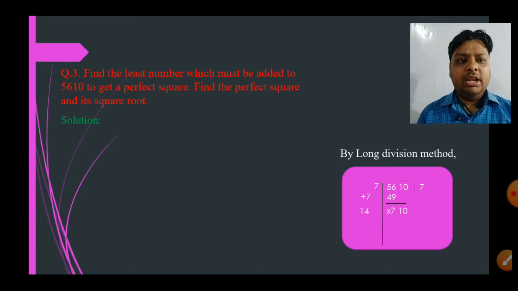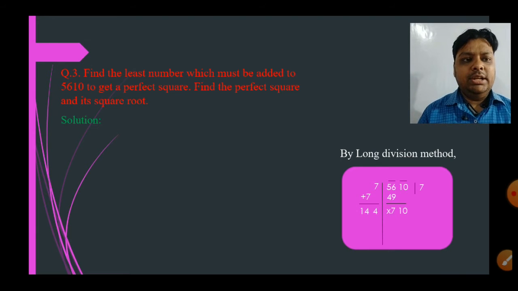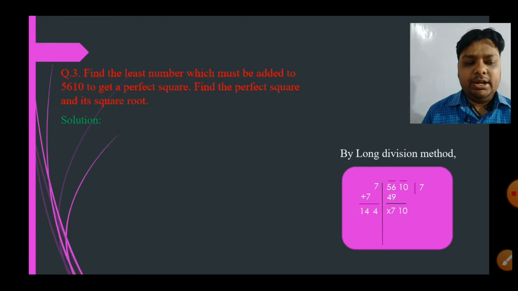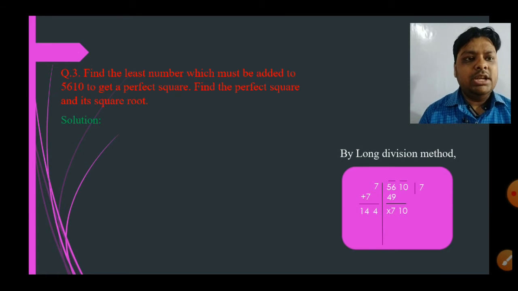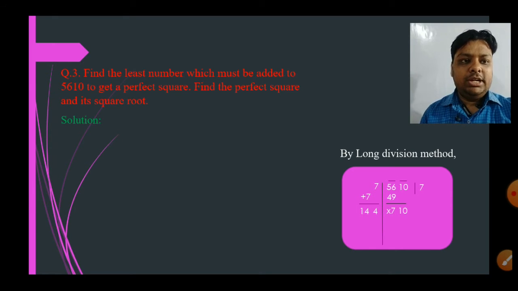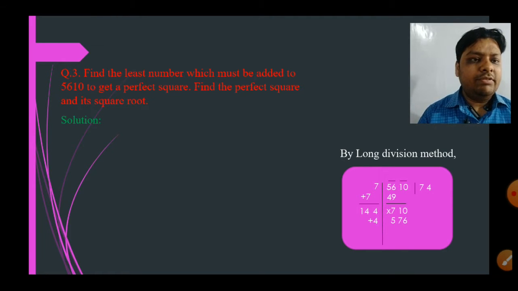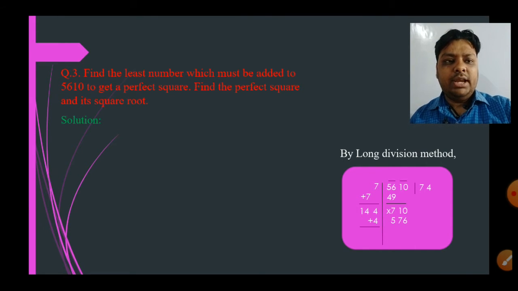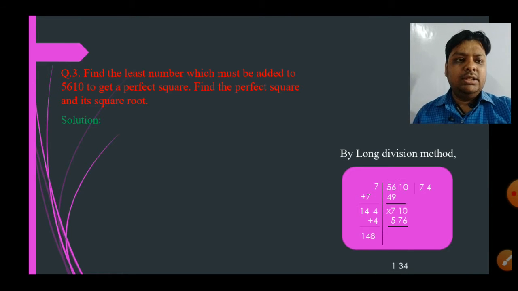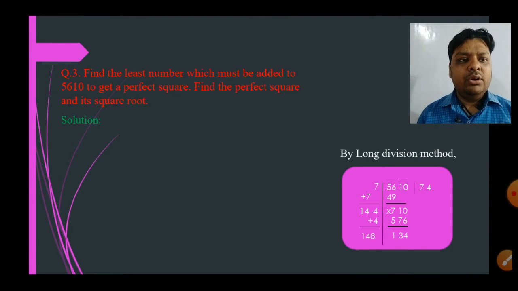Okay, now if we take 1, then 141 into 1, very few. 142 into 2, again very few. It means if we take 4, then 144 into 4, then it will be less than 710. Because if we take 145 into 5, then it will be 725, which is more than 710. It means we cannot take 5. So 4, 3 times we will write. Then 144 into 4, 576. Okay, then here we will add 144 plus 4, 148, and we will subtract it, then we will get what? 134. This is the remainder.